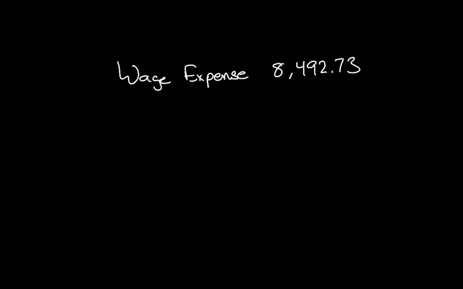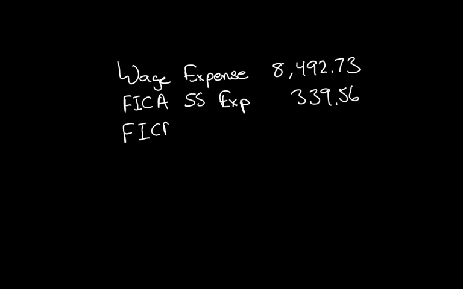It's the total amount of wages that they paid for the period. Then they would debit FICA Social Security expense for $339.56. And then they would debit FICA Medicare expense